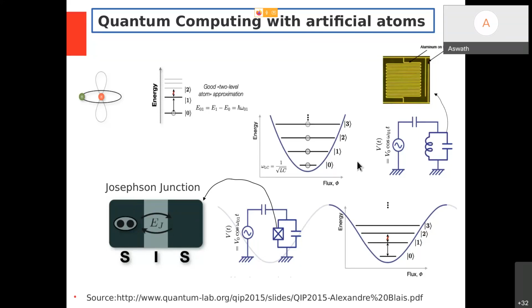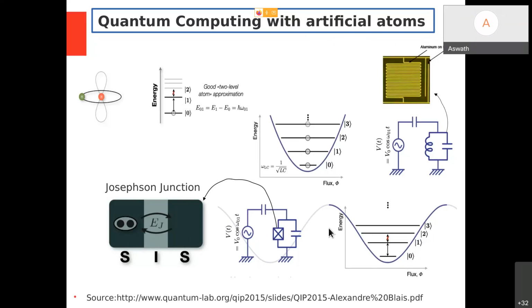and see what are the energy states corresponding to that LCR circuit. Interestingly, a Josephson junction acts like an inductor by nature also. Okay, so that's why I'm calling it an LCR circuit. In that case, if I just see the energy separation of that LCR, it is unequally spaced. Superbly, there exists a one-to-one correlation between a naturally occurring atom and a Josephson junction based LCR circuit. So in that way, people started realizing a naturally occurring atom on an electronic circuit. So that is called a transmon, right?